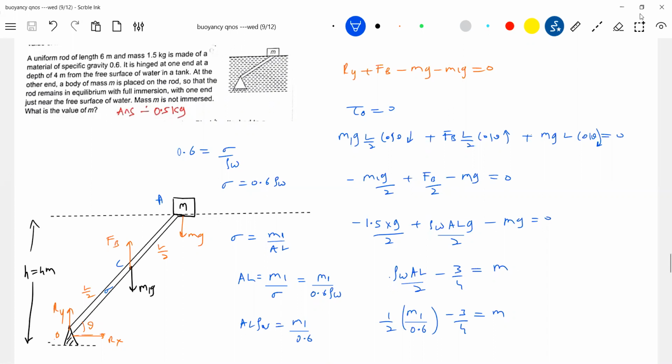So that center of buoyancy, are you getting, no? Total rod is immersed, center of buoyancy will be center of gravity. If half of the rod is immersed, then center of buoyancy will be at L by 4. So for a rod, okay, we are able to tell. For different shaped objects, center of buoyancy calculation again will be very difficult. It's not a part of syllabus. That's why I just took only simple cases here.